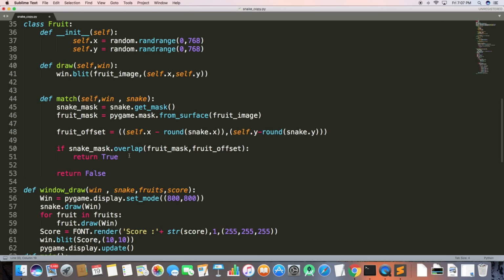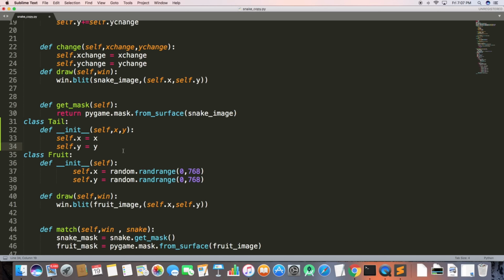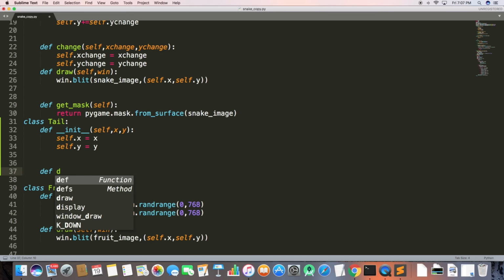So what I need is a draw function here, and how are we going to draw it? We will just be passing these positions and the image itself. So def draw(self, window) as usual, and then window.blit and the position.